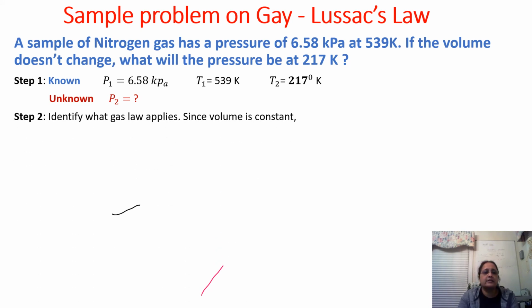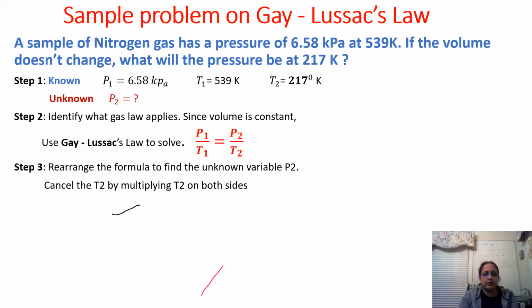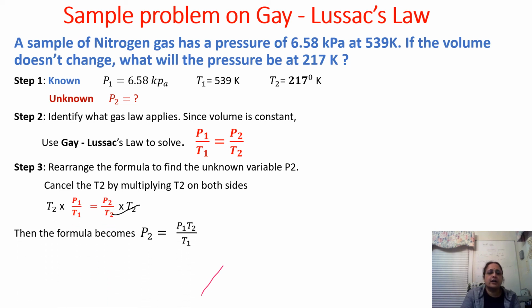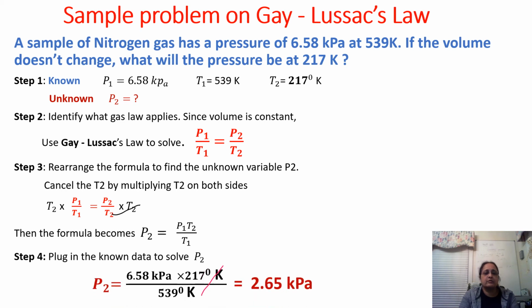Step 2 is to figure out what gas law should be applied. Since volume is constant, we can say that we should follow Gay-Lussac's law. P1 by T1 is equal to P2 by T2. To rearrange the formula to find the unknown variable P2, we need to cancel T2 by multiplying T2 on both sides. In that case, we get the formula P2 is equal to P1 T2 by T1. So plug in the known data to solve for P2. We get